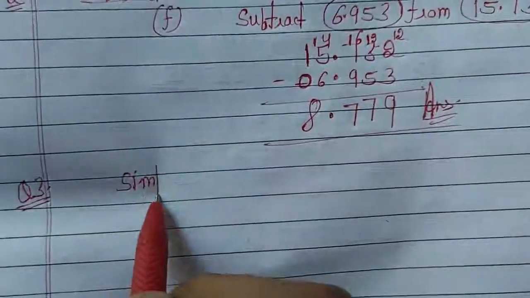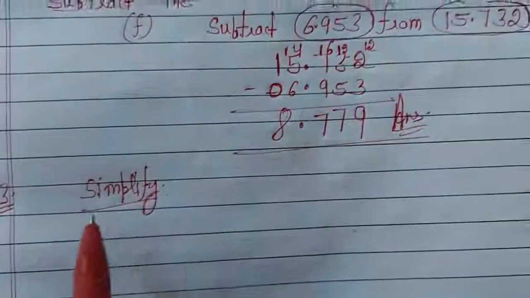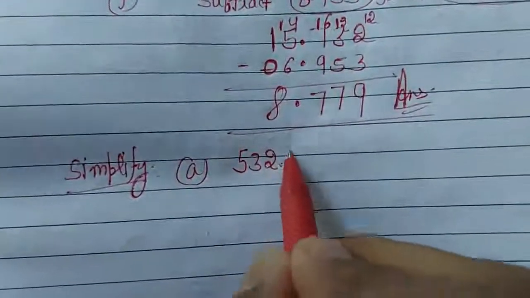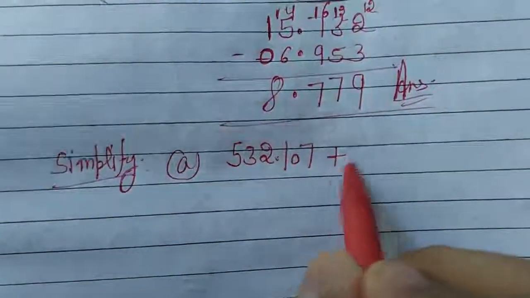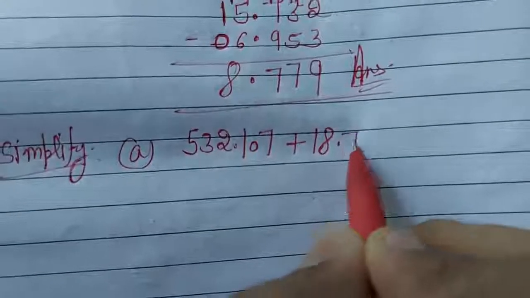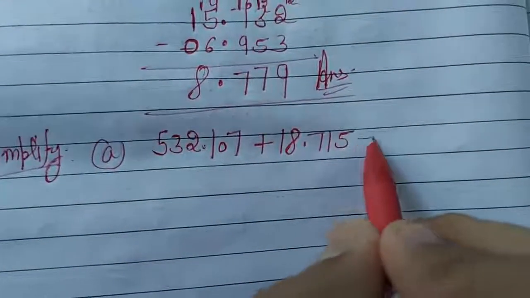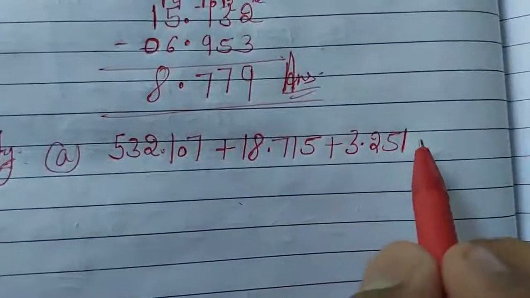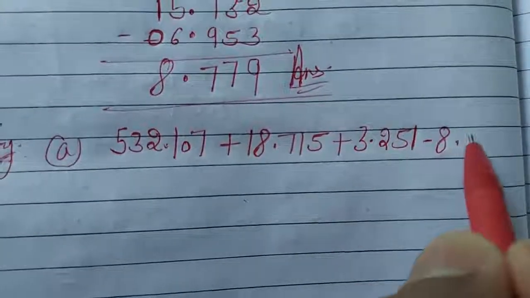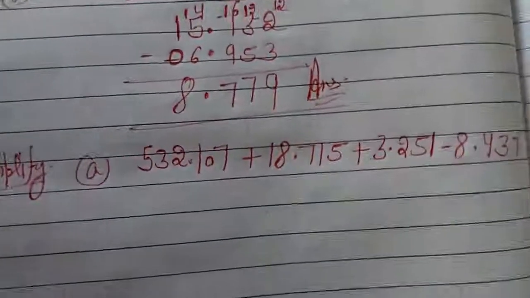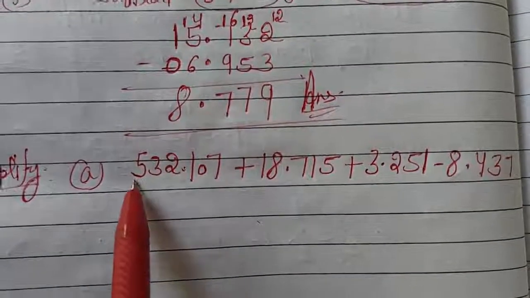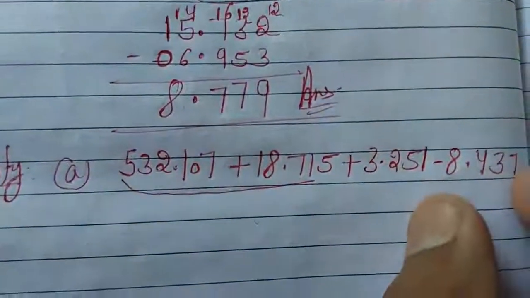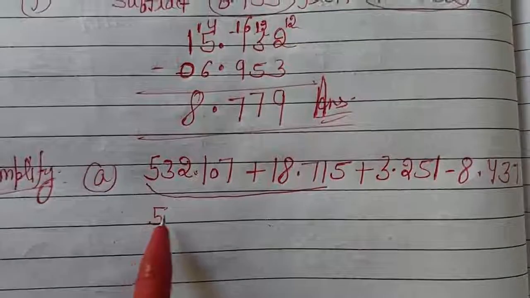Simplify. So simplify is there. A part is there. 532.107 plus 18.715 plus 3.251 minus 8.437. First you will add these two numbers. The answer of this you will add with this, and the answer of all these three you will subtract from this number. Write like this: